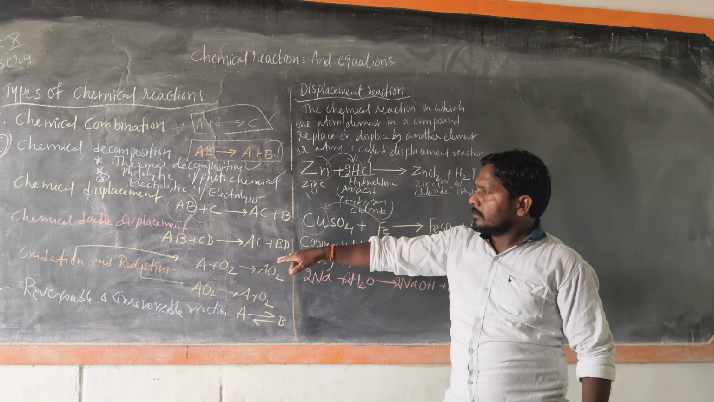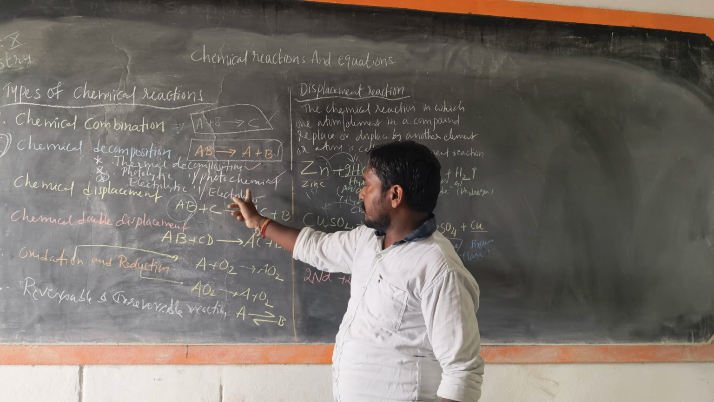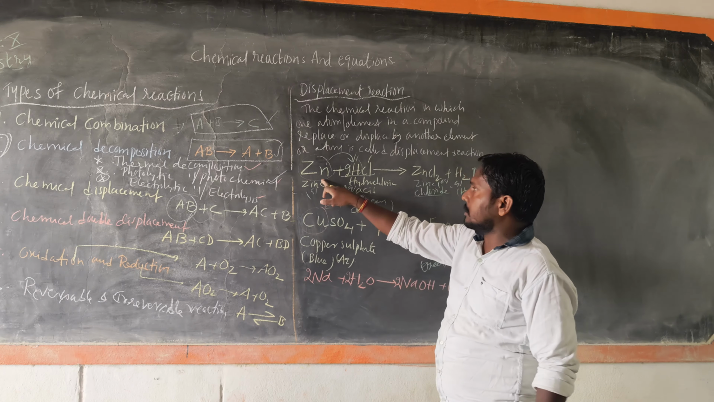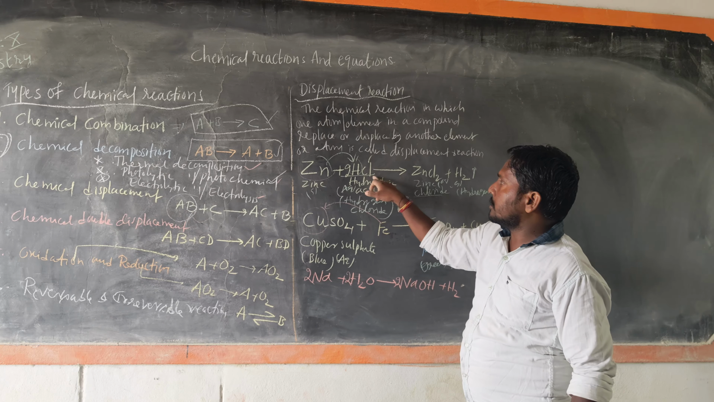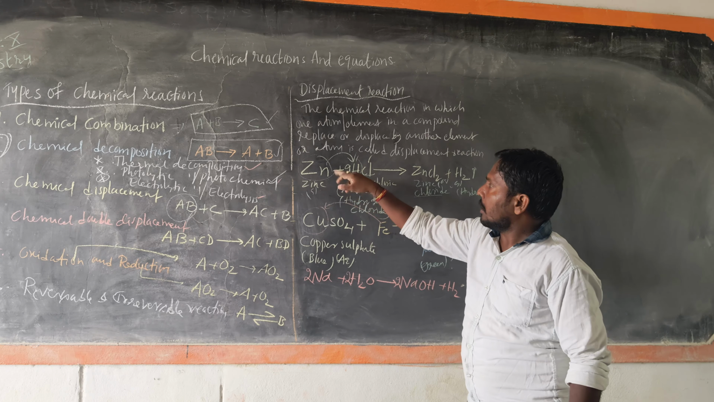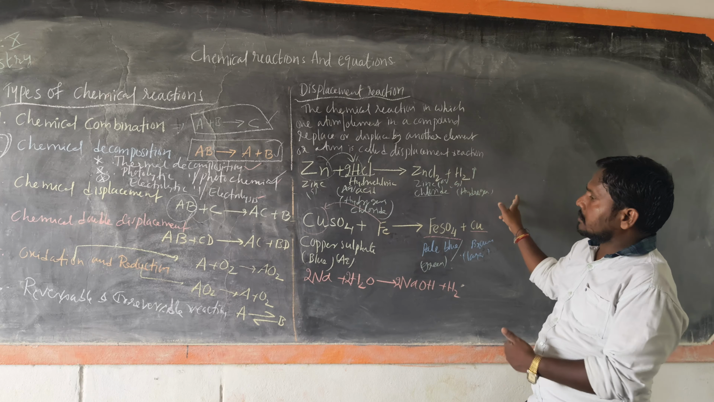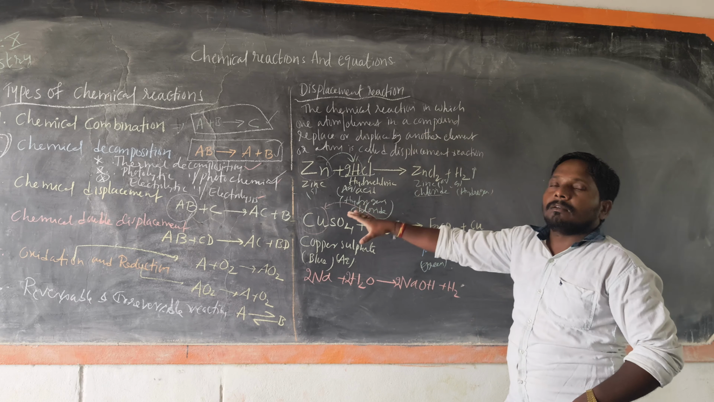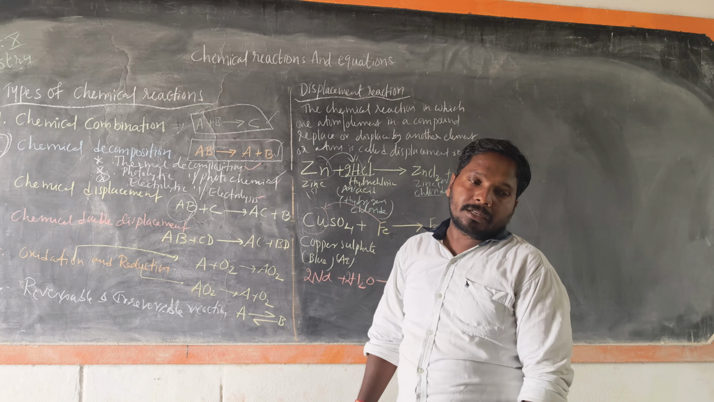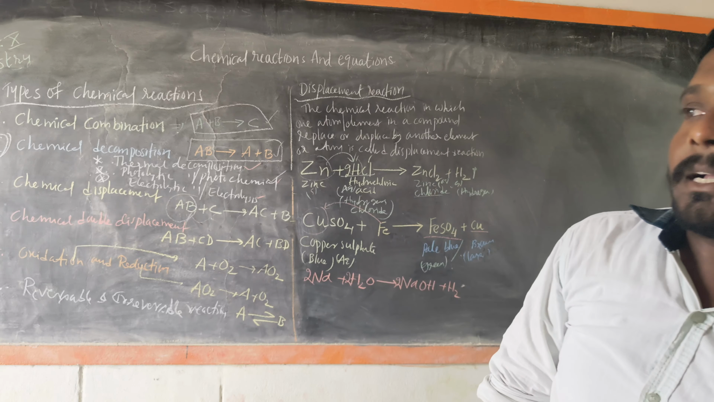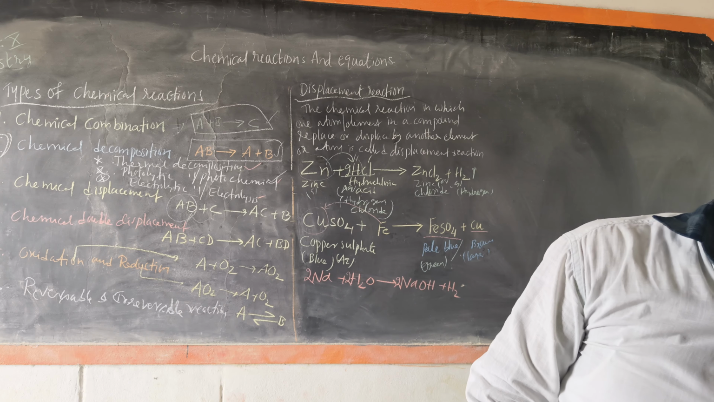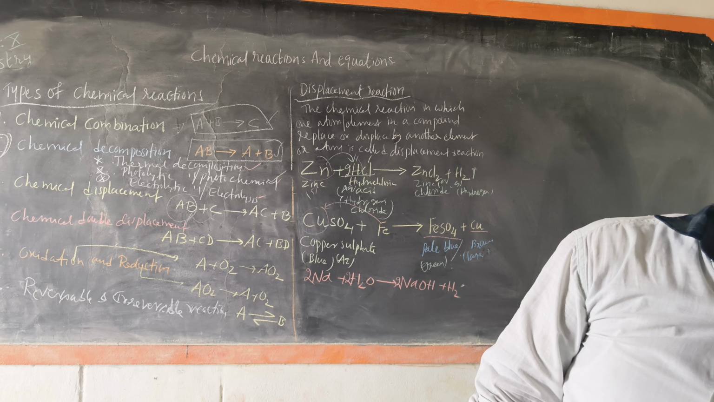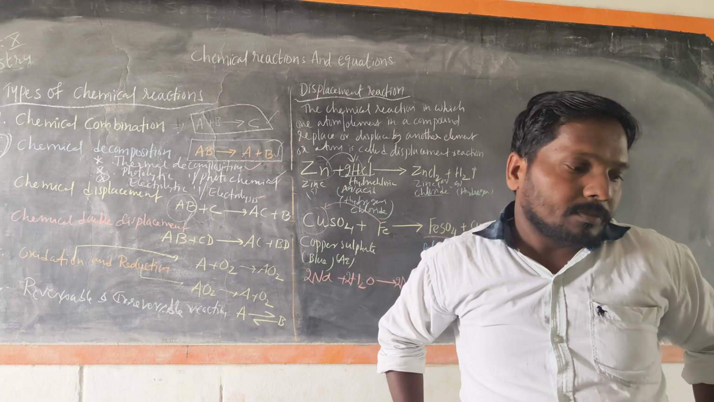Okay, AB plus C forms AC plus B. Similarly, C is like that. A chemical reaction takes place. Such reactions are called displacement reactions. So, in general,